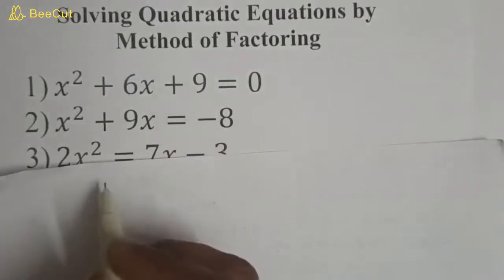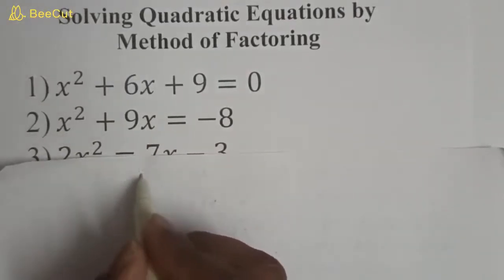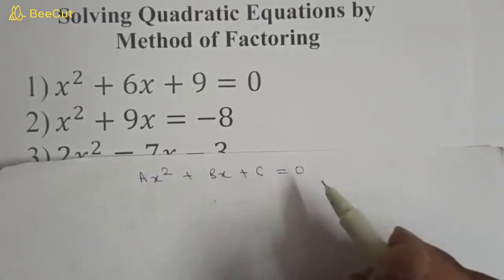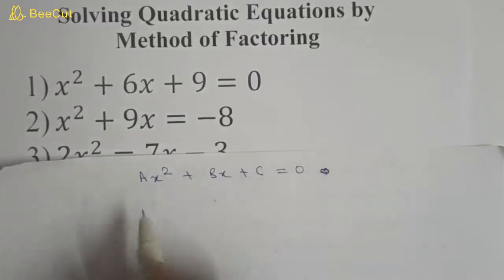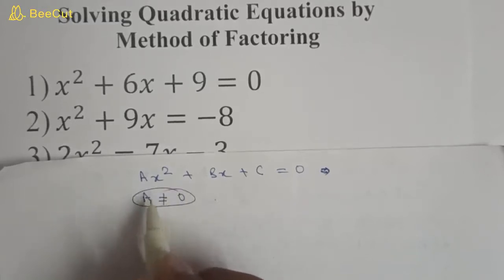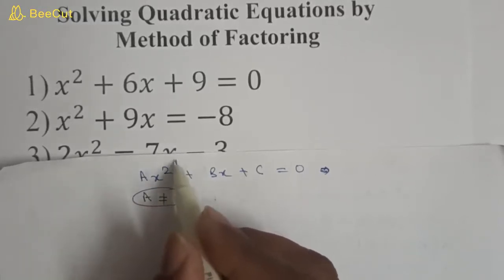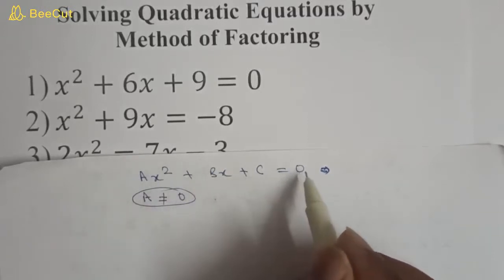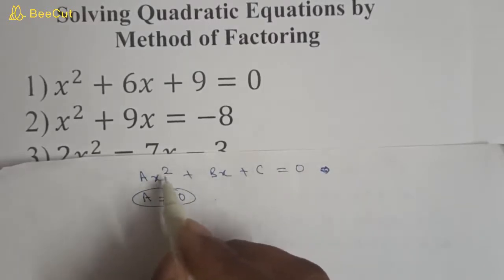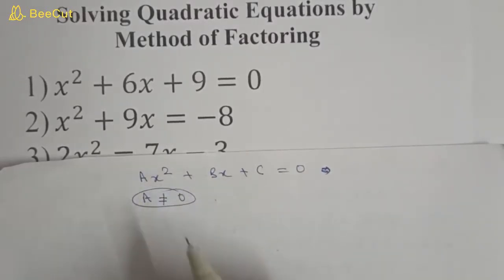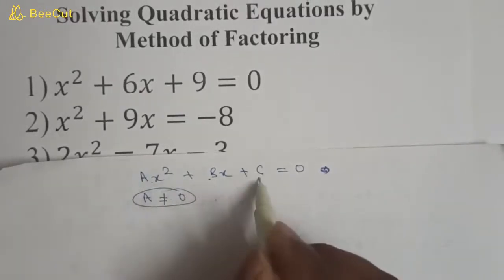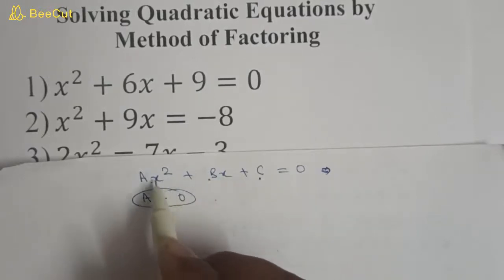So what is a quadratic equation? First let's see. An equation of the type ax² + bx + c = 0 is called a quadratic equation. Friends, here we should notice that a is not equal to 0, because if a becomes 0, then this x² will also become 0, so it will become only bx + c = 0. This is a linear equation, which does not have the second power of x. In a quadratic equation there must always be a minimum of two powers of x. Here a, b and c are constants and x is the only variable.